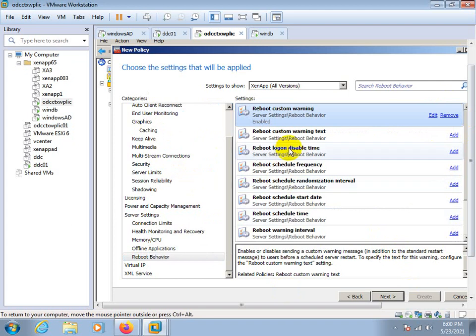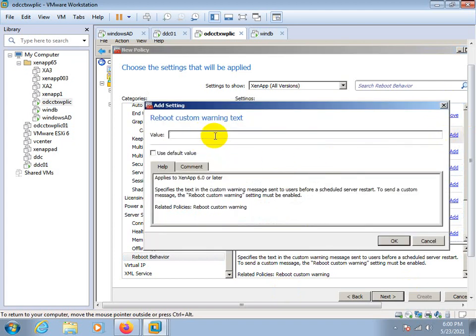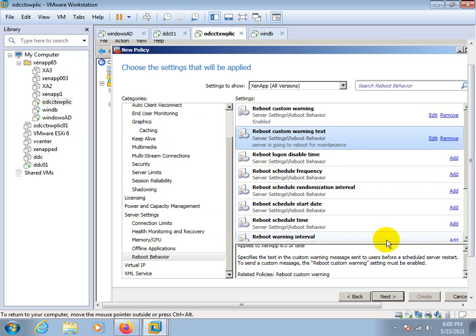Once you enable that, only then can you provide the custom text. Here you need to provide the custom text: server is going to reboot for maintenance. Okay, this is a custom message.